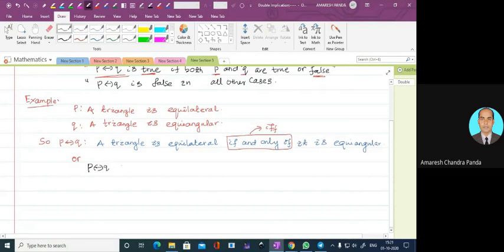What can we write? A triangle is equilateral IFF it is equiangular. In place of if and only if, I may write IFF. Okay. So now we have the truth table